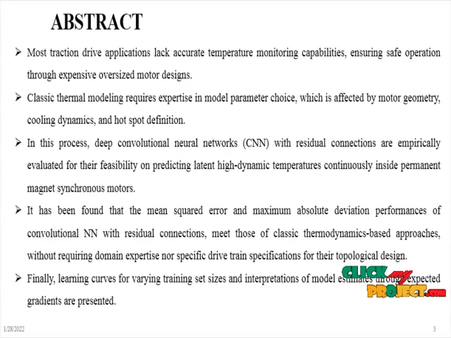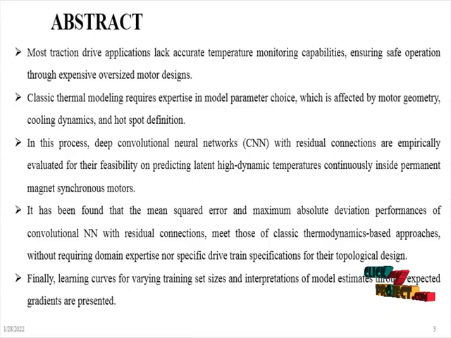The title of the project is Estimating Electric Motor Temperatures with Deep Residual Machine Learning. The abstract of the project is: most traction drive applications lack accurate temperature monitoring capabilities, ensuring safe operation through expensive oversized motor designs. Classic thermal modeling requires expertise in model parameter choice, which is affected by motor geometry, cooling